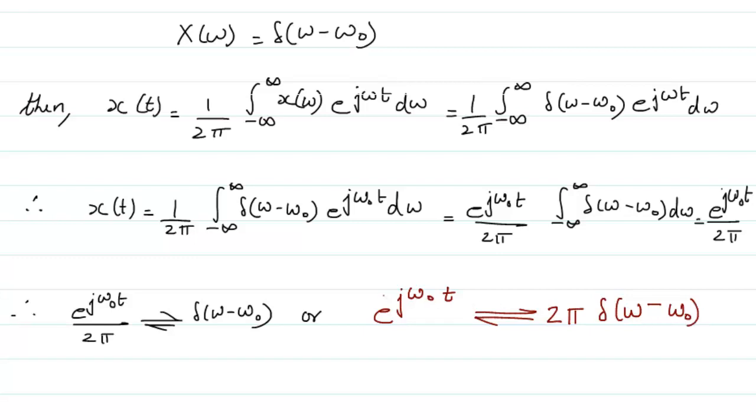And if you would actually try, suppose this was for plus, you got minus, and similarly if you go for minus, you will get a plus here. So this thing you have to remember. If it is plus, it will go minus, and if it is minus, it will go plus. You can do the thing again by putting here delta omega plus omega naught. You can substitute that and you can see what will happen, and you will get a similar result. So if it is plus, you have to use minus. If it is minus, you have to use plus.